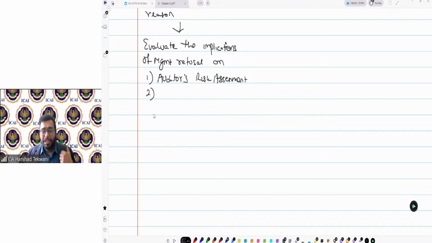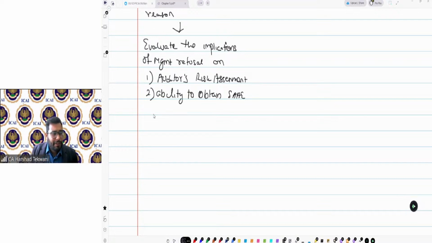Second, I need to check the implications of management refusal on the ability to obtain sufficient and appropriate audit evidence. Meaning, can I obtain sufficient and appropriate audit evidence to validate the balance?